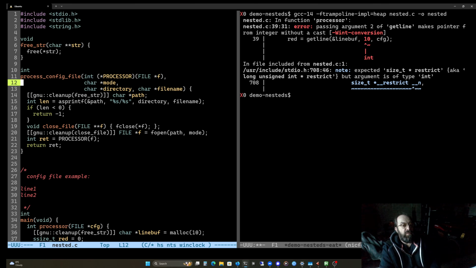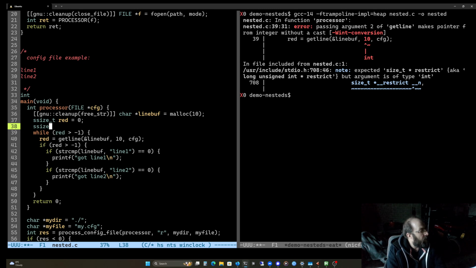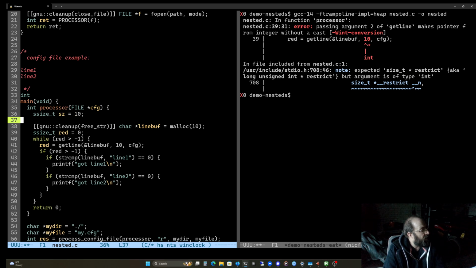Parsing argument 2 of getline makes a pointer. Yeah, because let's put this up here.